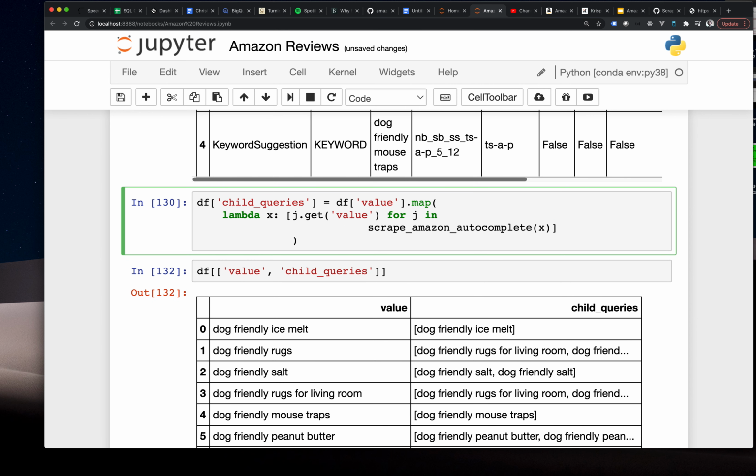And if this looks a little bit bizarre, try to break it down. We're just taking a column and mapping it to a function. And the function is an anonymous function, lambda x. And for the most part, what is x? It's just the value in this column. And what do we want to do with that? Well, we want to call our scrape Amazon autocomplete function on x,